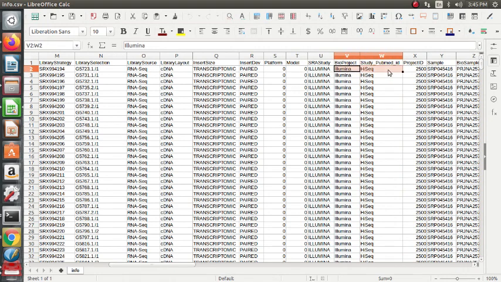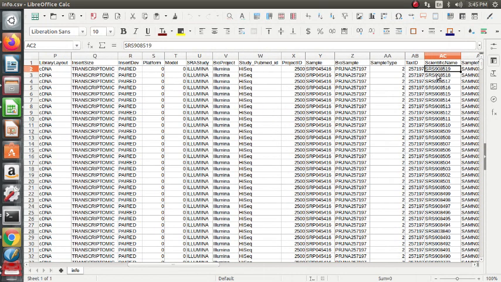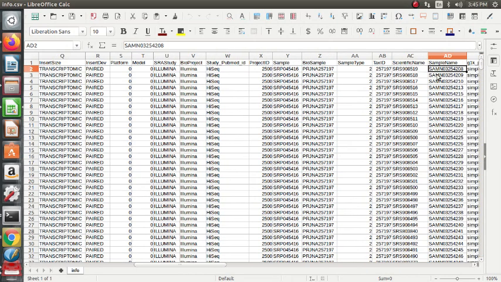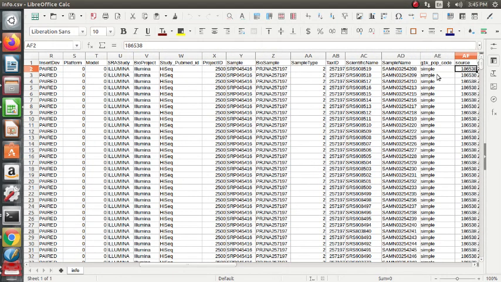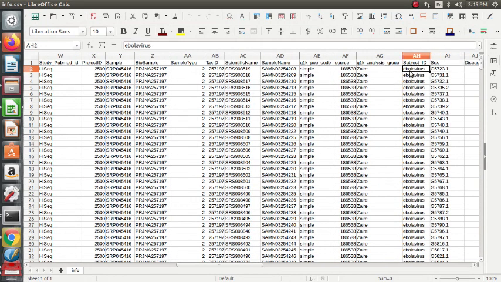This should all come in a single column, but because of the delimiting we are seeing it like this. Then the BioProject ID is going to be the same for all. Then sample type, taxonomic ID, scientific name, sample name, and source, and this is Ebola virus.